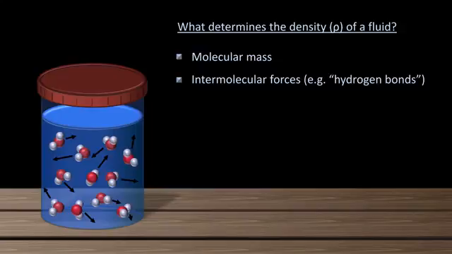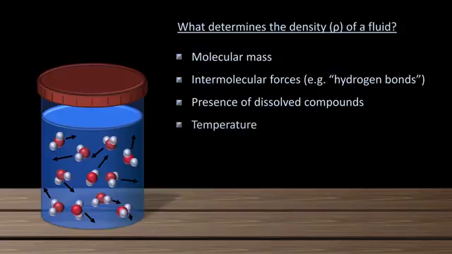Other determinants of density include the presence of dissolved compounds, as dissolving something like salt or sugar in water tends to impact the mass of the liquid much more than it changes its volume. Temperature also impacts density, with higher temperatures leading to lower densities and lower temperatures leading to higher ones. And finally, there's pressure. For gases, higher pressure leads to higher densities,